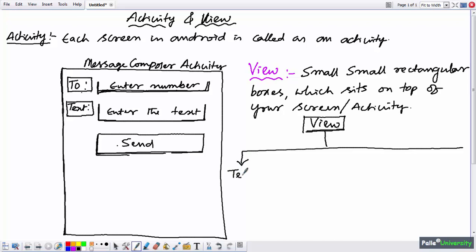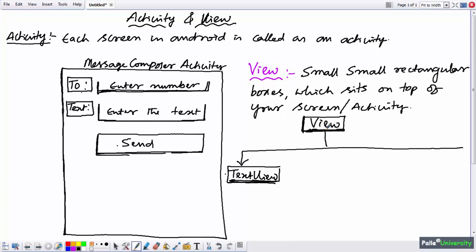The first type of view is TextView. If you observe carefully, V starts with a capital letter, which means it's a predefined class of the Android framework. Similarly, TextView, there is no space in between. T is a capital letter, V is a capital letter. So this is also a predefined class which inherits from the parent class View. So you can imagine TextView as the child class of the View class. If you don't know what a parent class and a child class are, I would strongly recommend you go through the inheritance concept of Java.